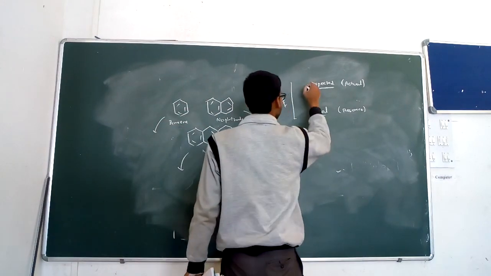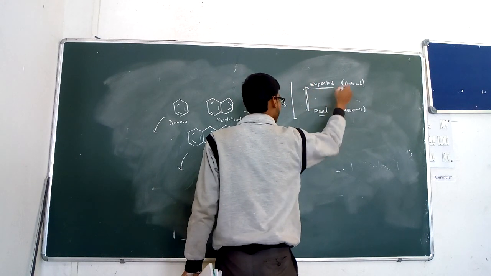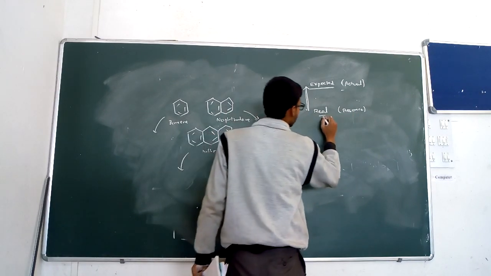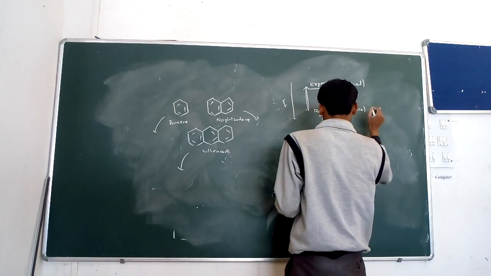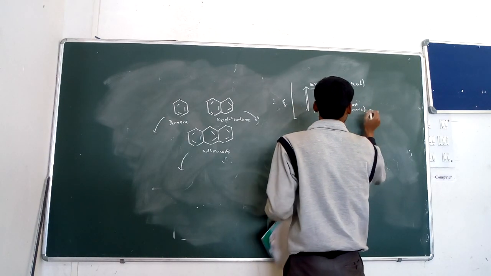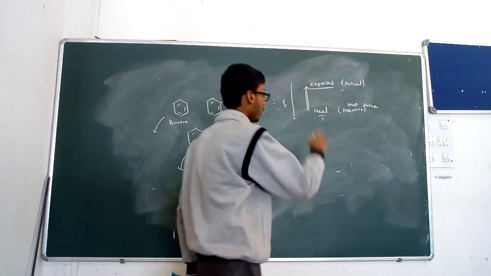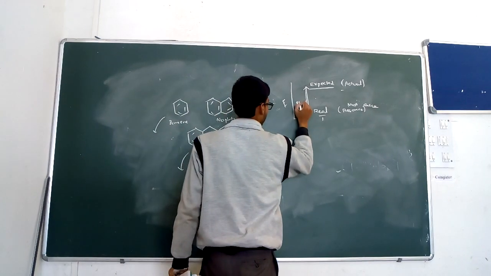Resonance energy is the difference between the actual energy of the actual compound and the energy of the more stable resonating structure. এই দুটোর ডিফারেন্সকে বলা হয় রেজোনেন্স এনার্জি।